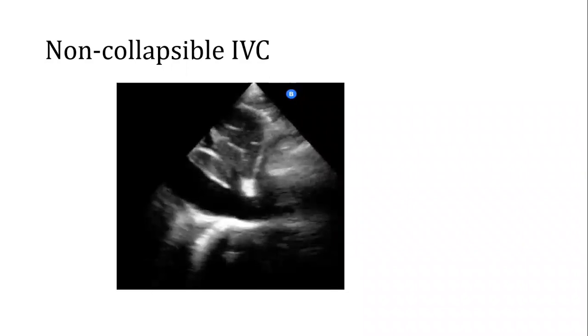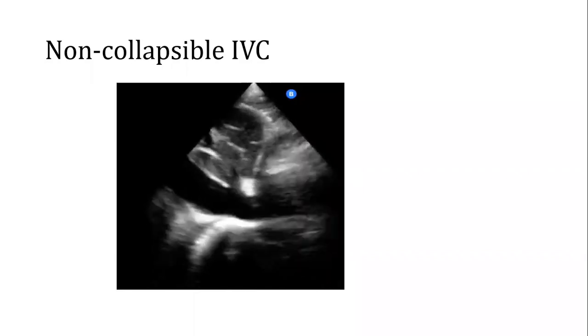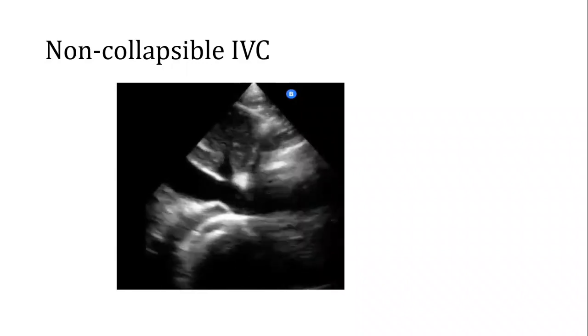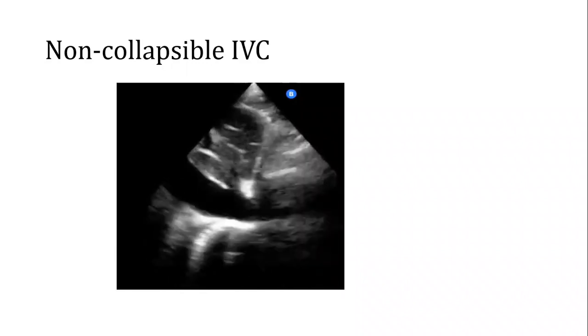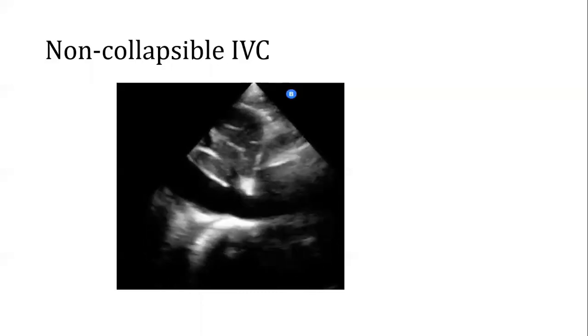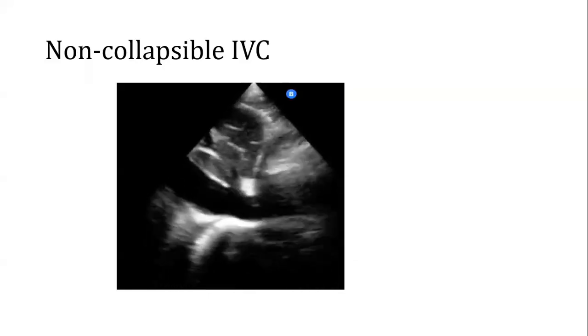We know the IVC responds to Valsalva maneuvers and the respiratory cycle. But this IVC is not responsive to any respiration. It's not collapsing. Once you find the IVC not collapsing, then you start to think something is not right